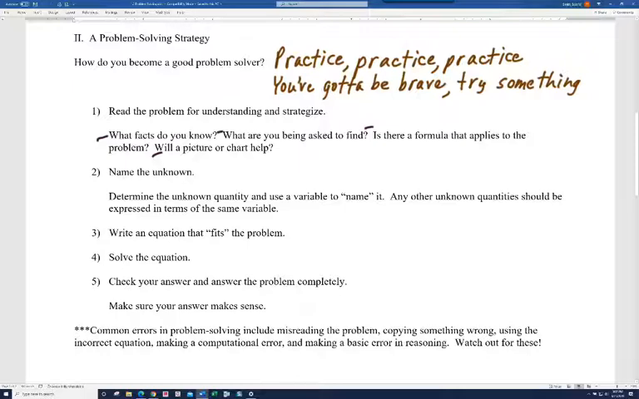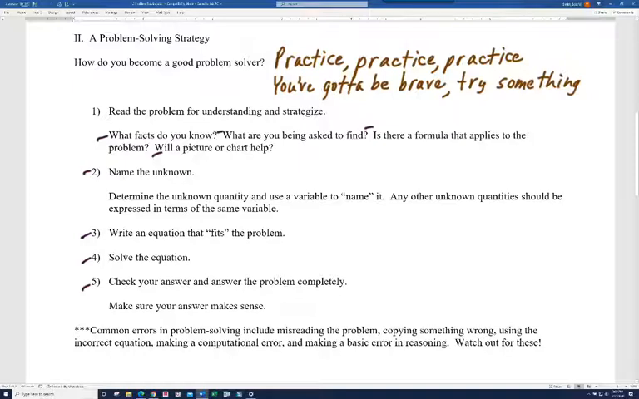Step 2, you're going to name the unknown. So you're looking for some value, often that's the case, and you're going to call that x or some other letter. And if there's any other numbers you need to find, you're going to use that same variable x, or whatever you choose, for those other values as well. All right, so we name the unknown, and then we're going to write an equation that fits the problem or models the problem. You solve the equation, and then you're going to check your answer